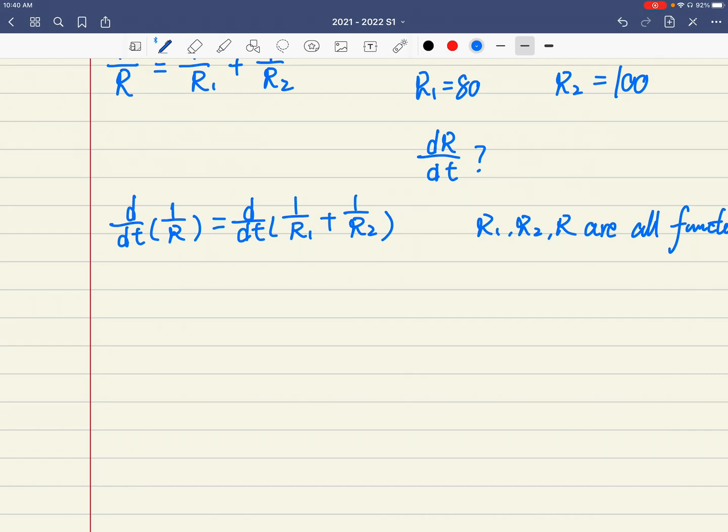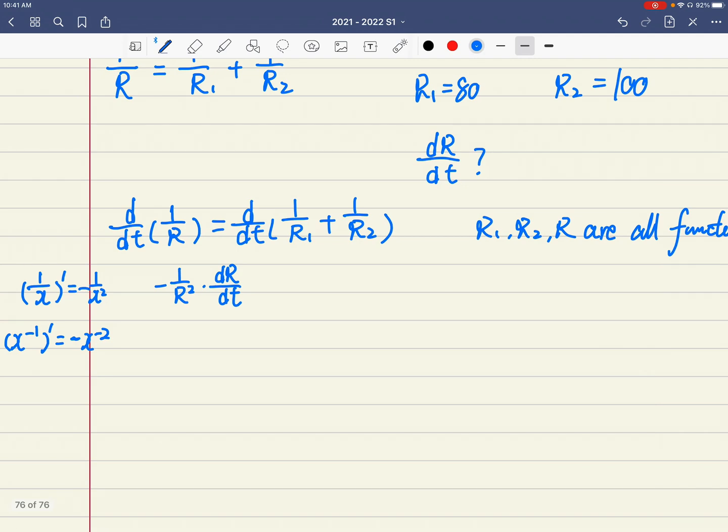First, it's 1 over something, right? Remember, for 1 over x, the derivative is negative 1 over x squared. This is because it's the derivative of x to the power of negative 1. First, you bring the power down, you have a negative 1, and then x to the power of negative 1 minus 1 is negative 2. So here, the left-hand side is negative 1 over R squared. And don't forget, R is a function of t, so you have to further differentiate: